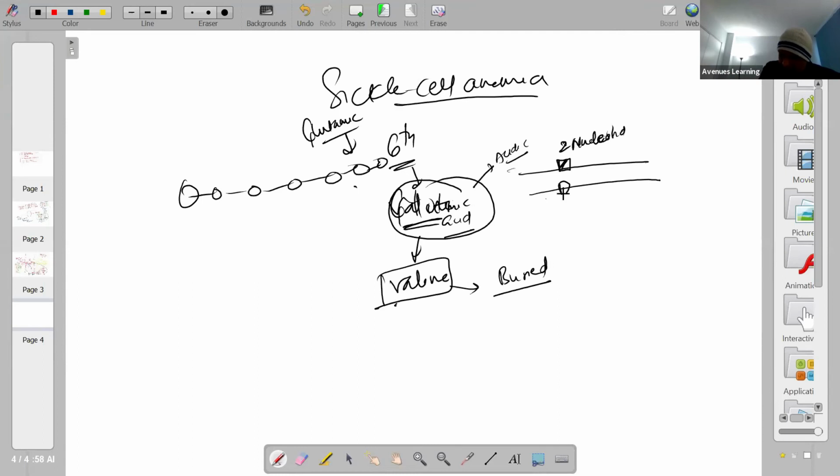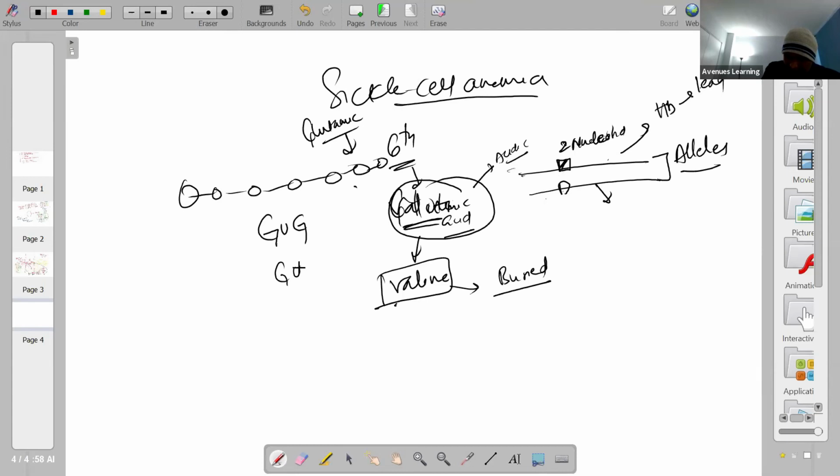Two nucleotides are different. So that makes these alleles. People who have the normal allele will have normal hemoglobin and will lead a normal life. And the people with just those two nucleotide differences, I don't remember exactly, but I think GUG codes for glutamic acid. I'm not really sure, but I think the only difference is two nucleotides.